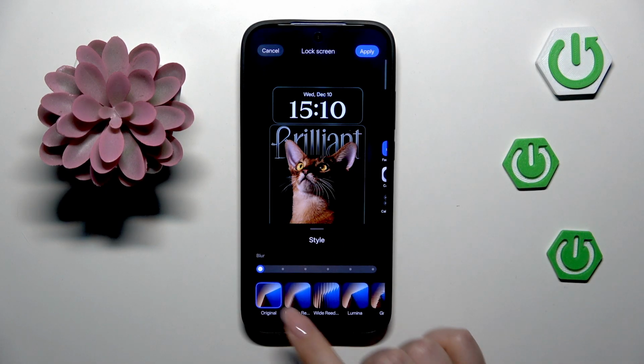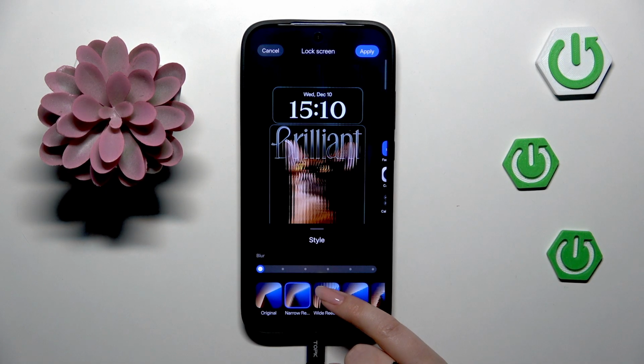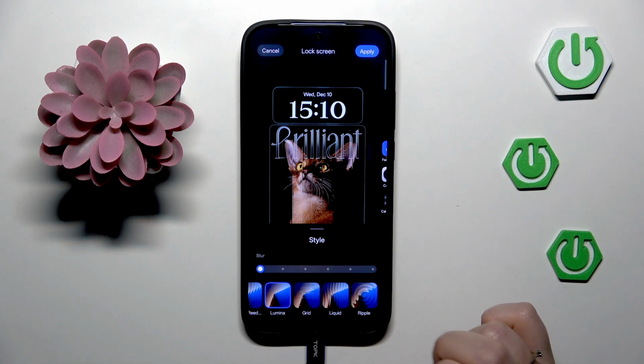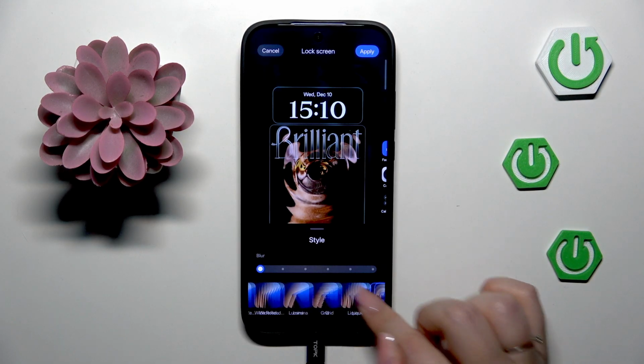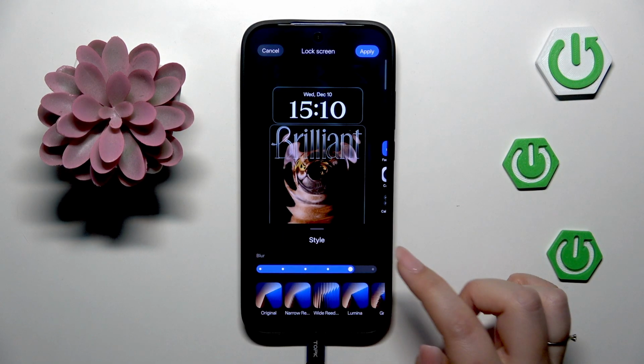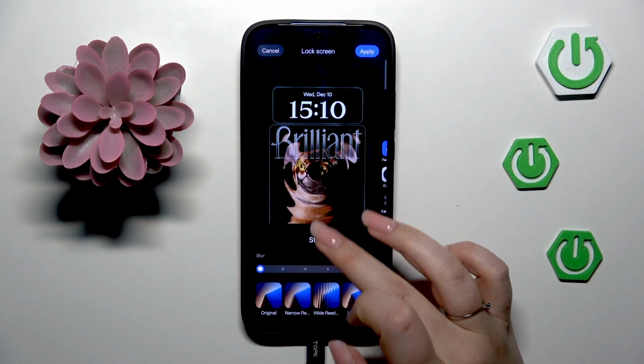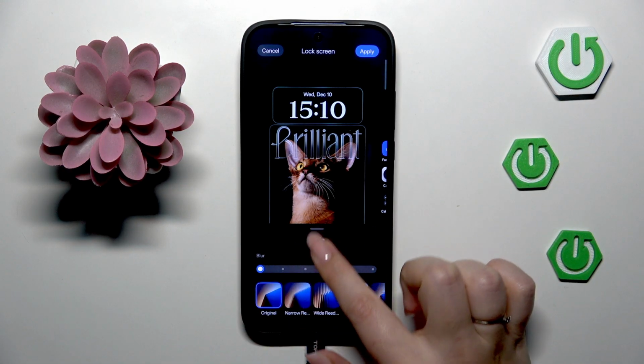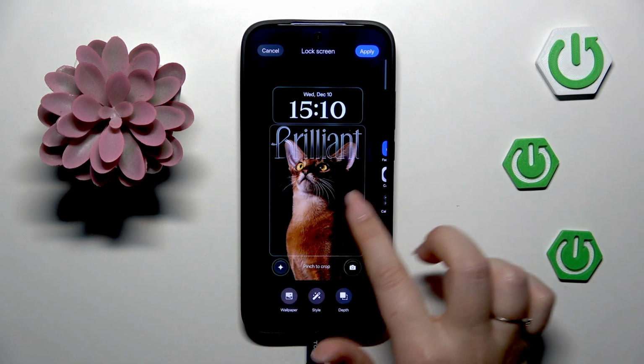Here you've got also the style, so you can choose, for example, those effects. You can use them if you wish. I don't think I am the biggest fan, so just let me set it on original. You can blur it here if you wish, and you can swipe to the